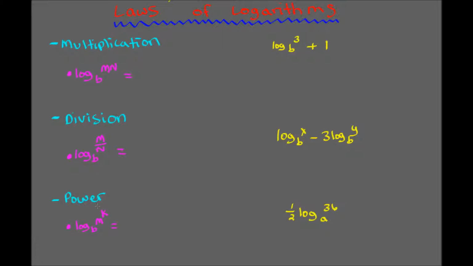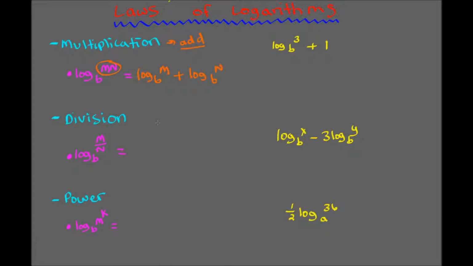and the power law. The multiplication law basically states that if we have a log with the base b and two components that are being multiplied, then we can separate them into two different logs. So we can separate this into log base b of m plus log base b of n. If you have two components that are being multiplied, you can separate them into two different logs that are added together. The main thing you have to remember with multiplication is that they are